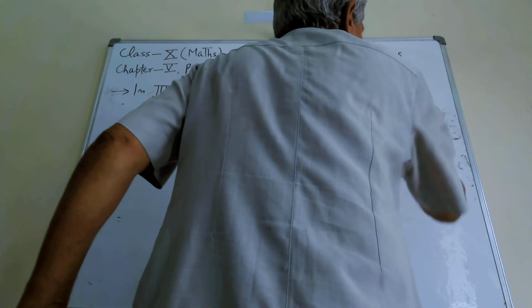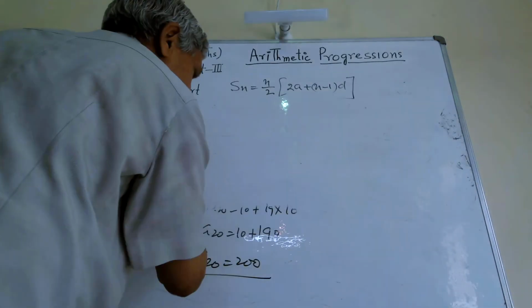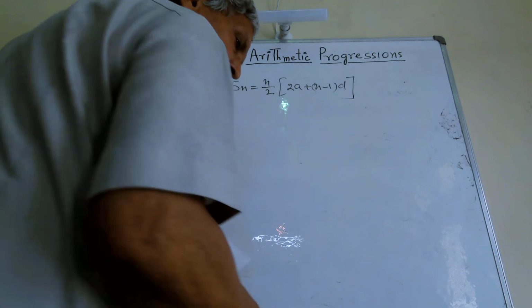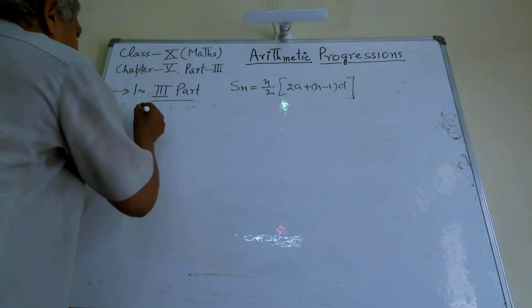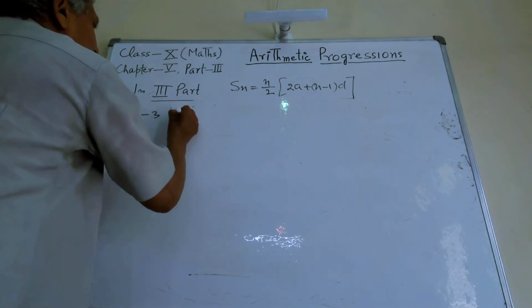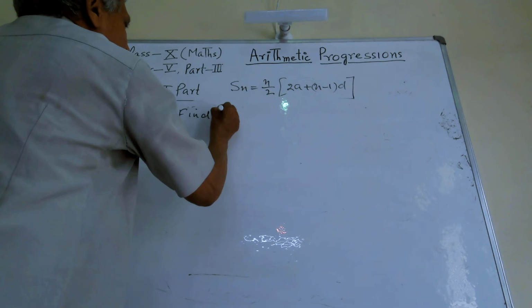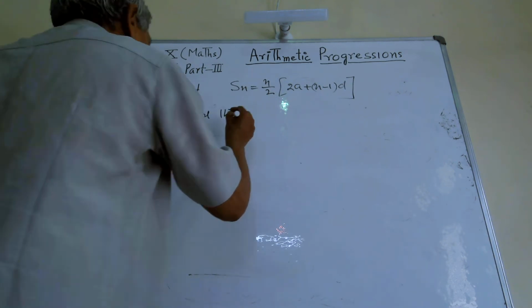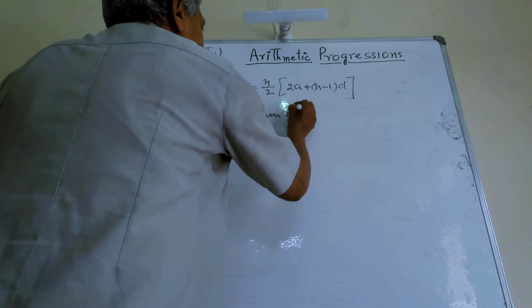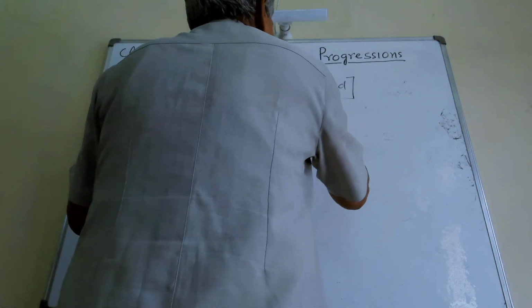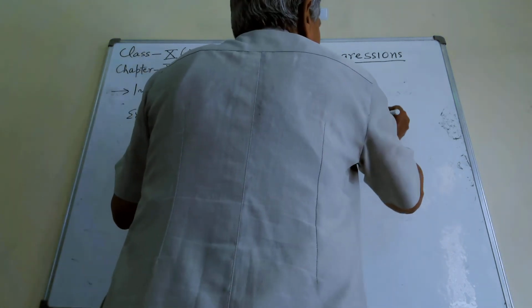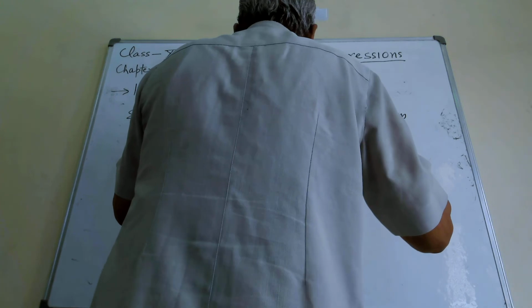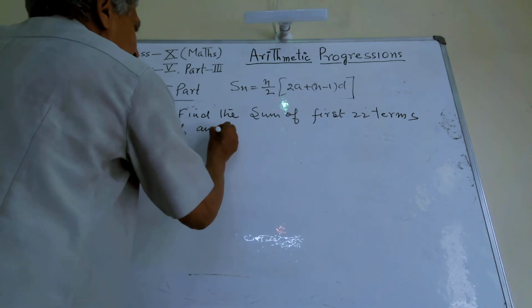Now take the third question. What is the third question? Find the sum of the first 22 terms of an AP